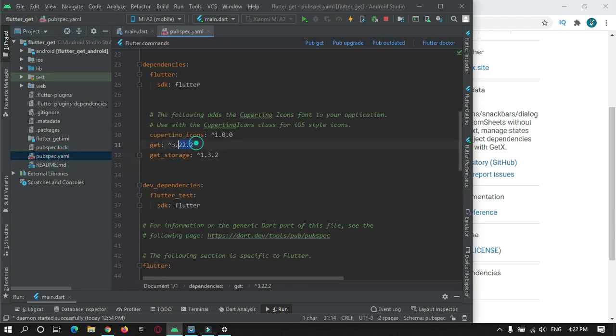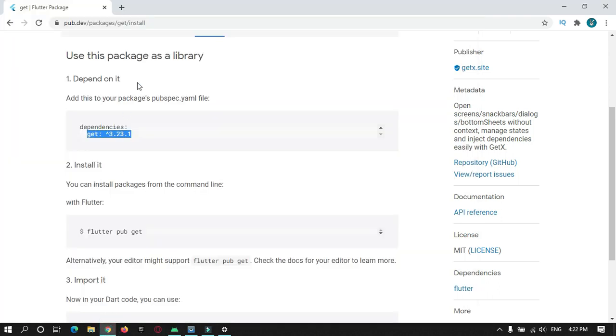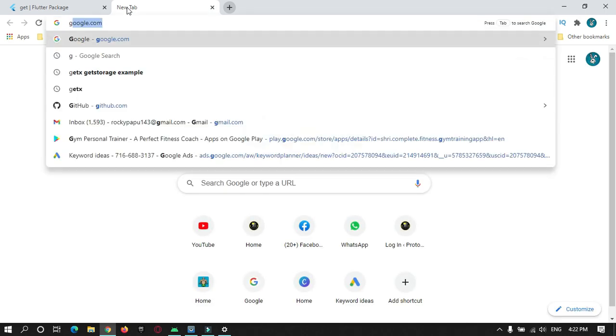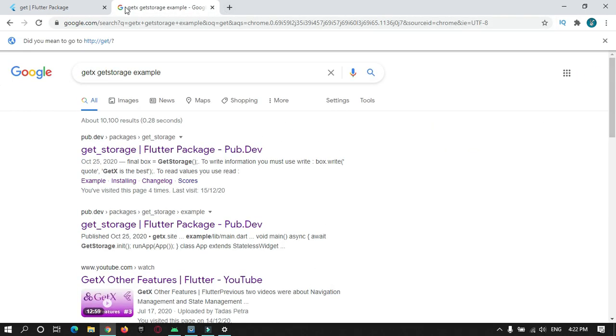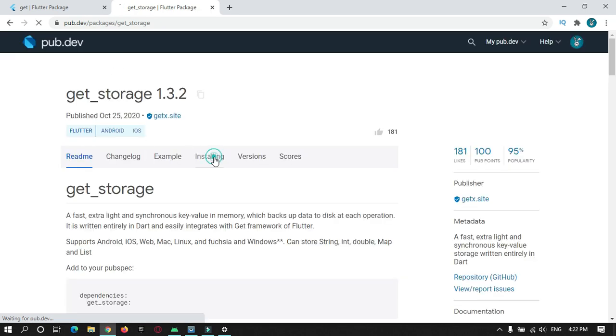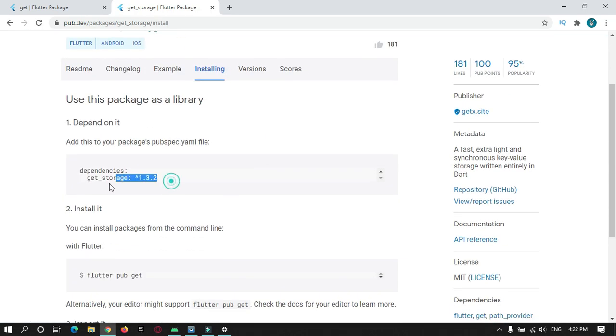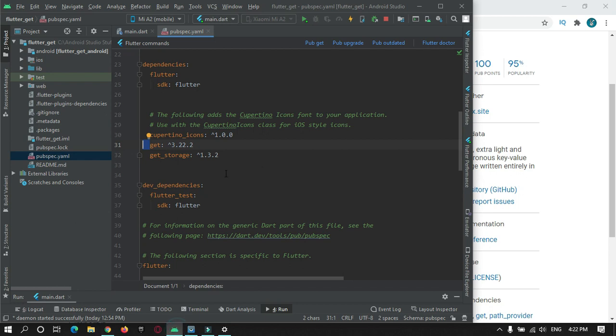Over here you need to add the dependency under dependencies. As you can see here, you need to add this dependency, and we also need one more package, that is the get storage package. You can find it over here, installation, and just copy it and come back.